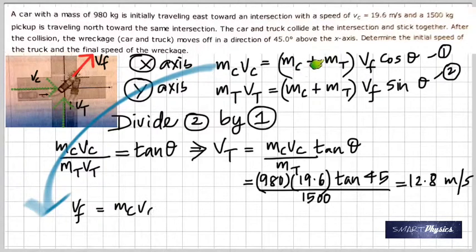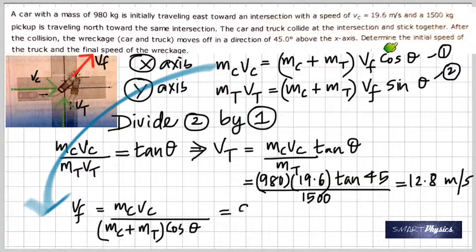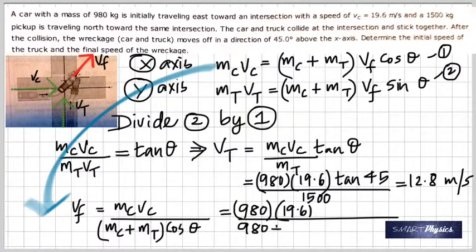Now substitute into equation 1 and make Vf the subject. That means you have to take all this to the other side. It will go to the denominator. So you have mc vc divided by (mc plus mt) times cos theta. mc is 980 kilograms, vc is 19.6, divided by the sum of the masses, times cos of the angle, cos 45. On solving this, you get 11.9